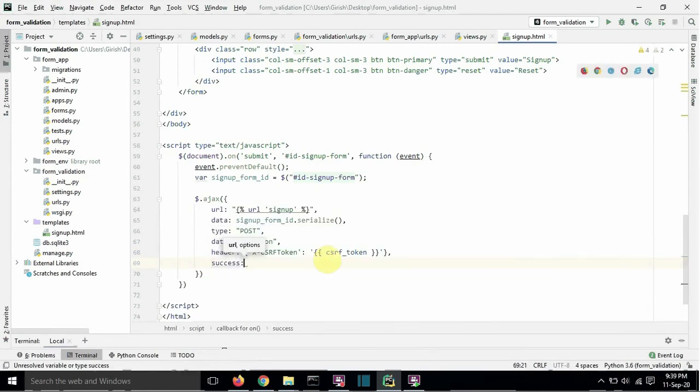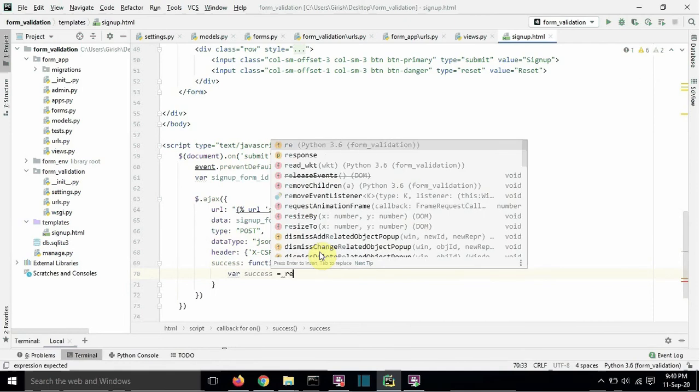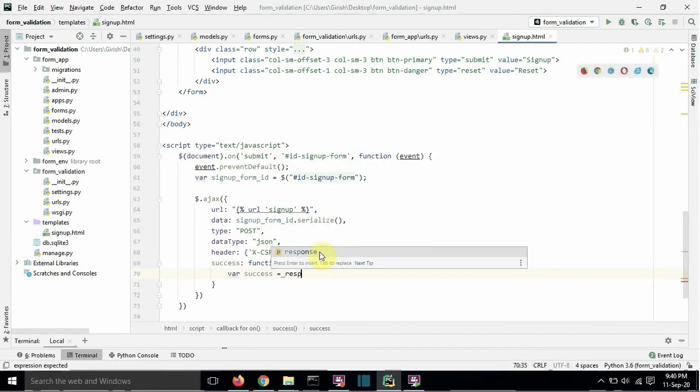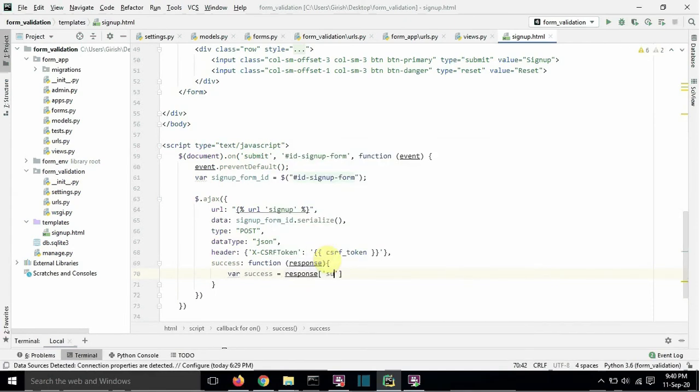Success colon function response, where success equals to response bracket success.